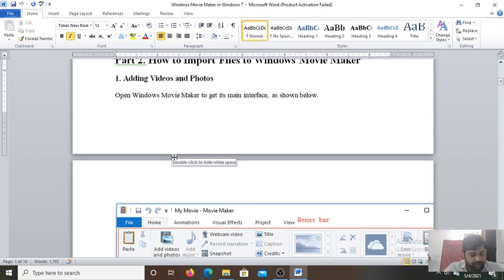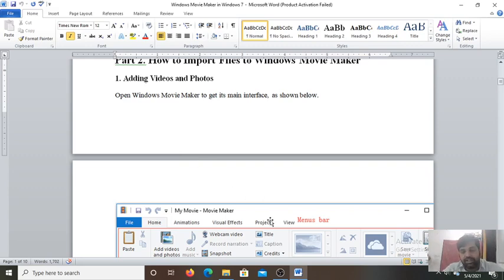Next, audio waveforms. The next feature, the last feature, is audio waveforms. Audio can be represented as waveforms in Windows Movie Maker. While you are playing any music player, you see some waves of sounds. Music is shown as bars, and you can see different heights of bars representing it. Similarly, there are waveforms you can create. Audio can be presented as waveforms in Windows Movie Maker. This helps to locate the audio file easily in a project.